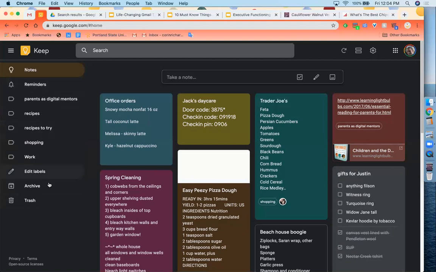So a little more organization and labeling here. You can also put reminders on your notes. And when you click on this navigation for reminders, it gives you all of the things that you have to do and the dates you have to do them by. So that is awesome. As I hover over a note, I've got some things at the bottom that I want